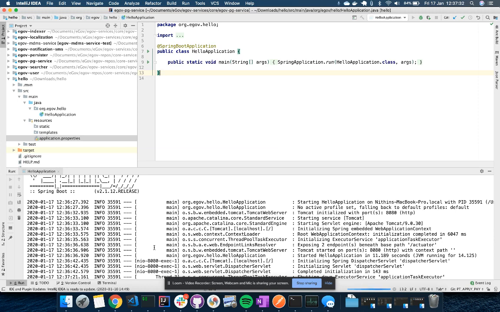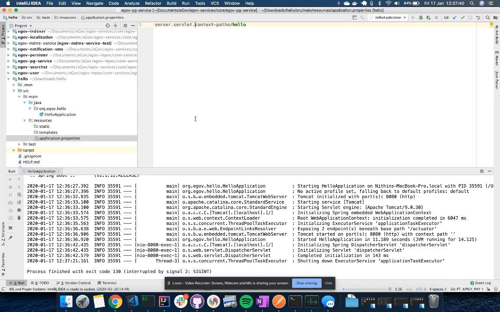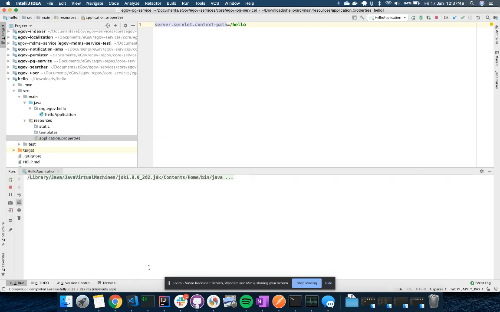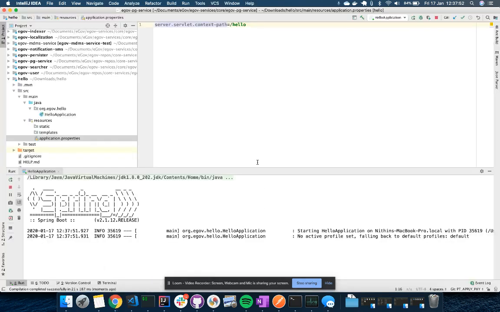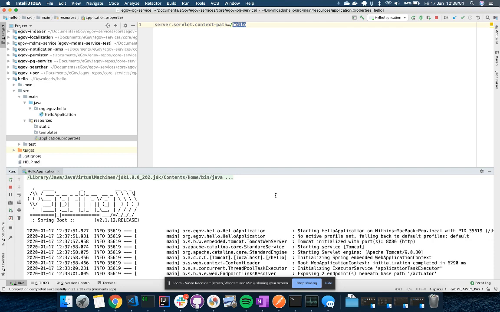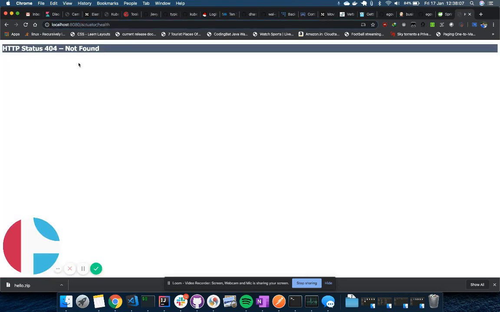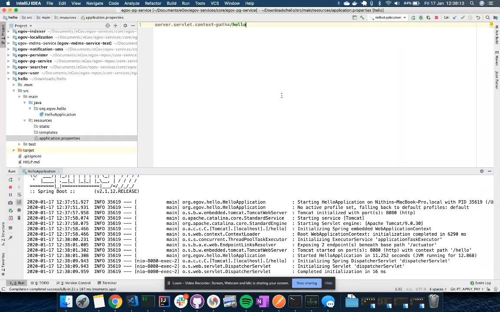So I've just added a context path so that now we don't have to do any URL rewriting. Before it was called server.contextpath, and now in Spring Boot they've changed it to server dot something else. I don't remember what exactly it is. So now I think we should be able to access this. Okay, and it's up. Yes.